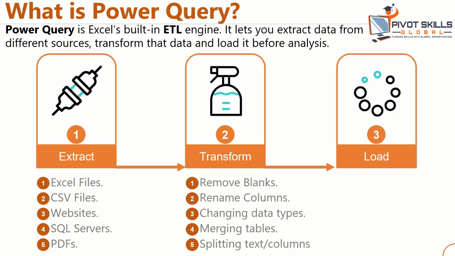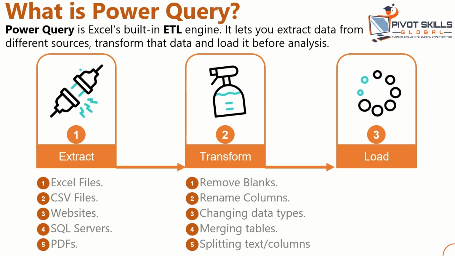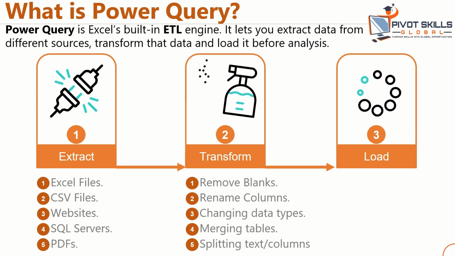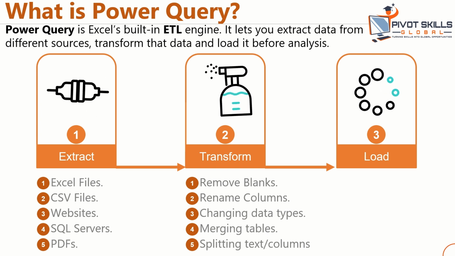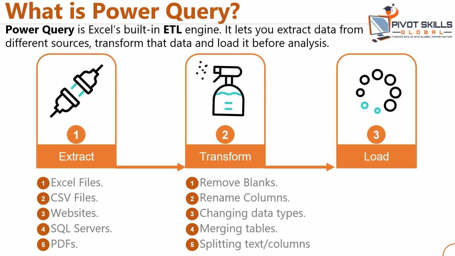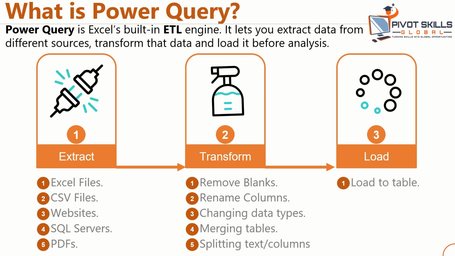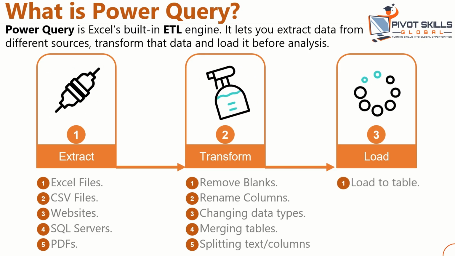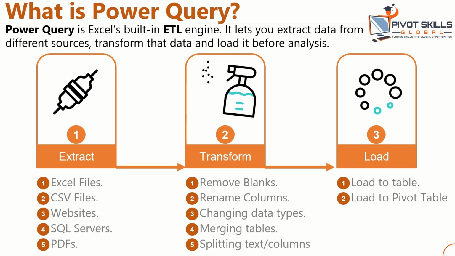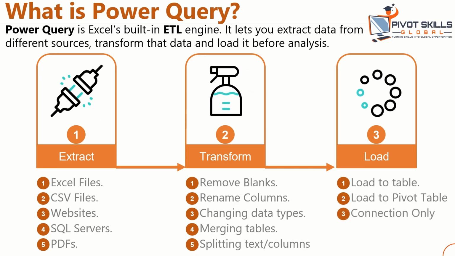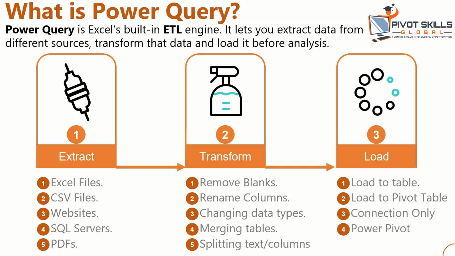that we shall be covering in this course. Now, the L stands for load, and this is always the final step of this entire ETL process, and this is where Power Query sends the cleaned and transformed data back into Excel so that you can start the analysis. You can load this data back into Excel either as a table, or as a pivot table report, or as a pivot chart, and you can also load it back as a connection only, or you can actually load it back into what we call Power Pivot or